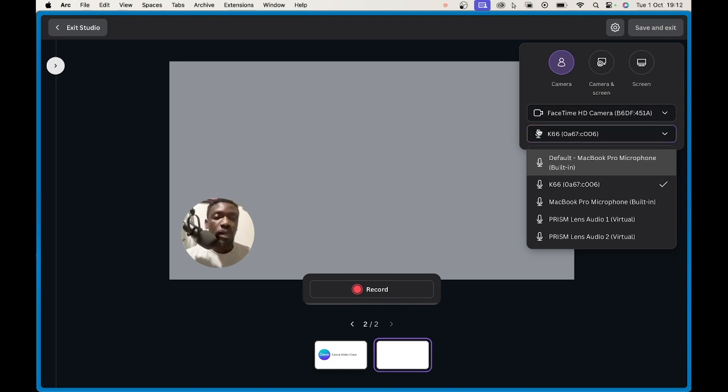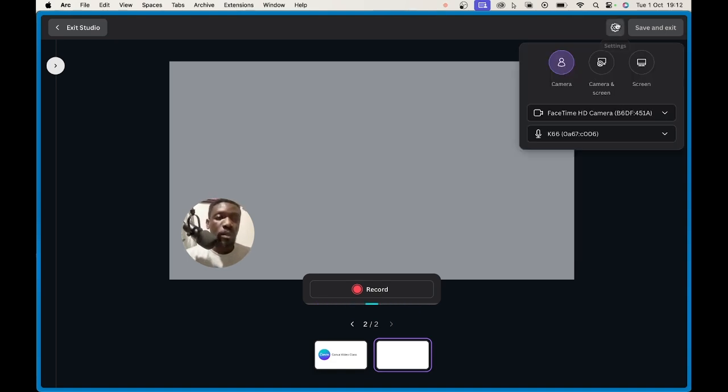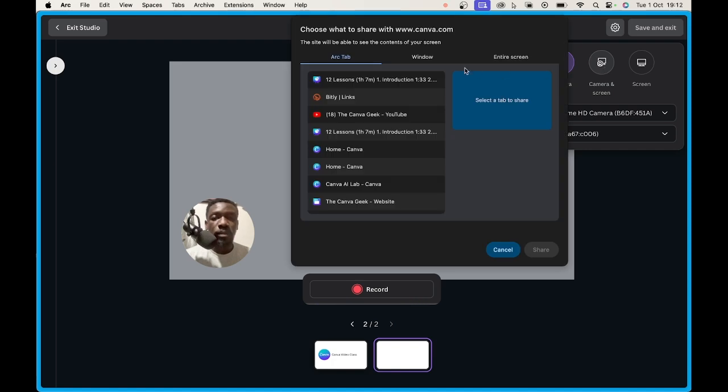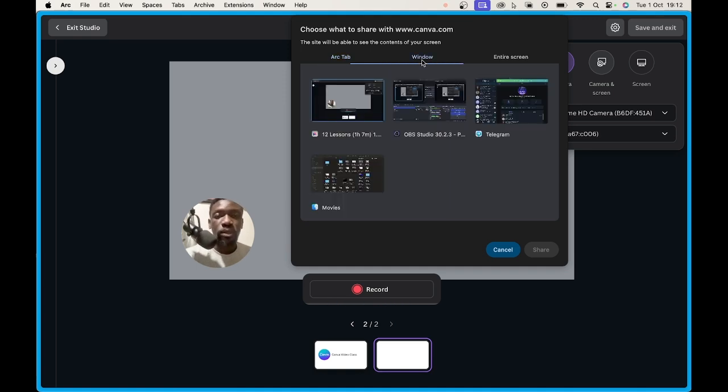So having checked all those, I'll go back and say what I want to do exactly. Do I want to just record the camera, or do I want to record the camera and the screen as I move around, or just the screen? So I'll say I want to record camera and screen. Then it brings up the window and asks me what I want to show. So to keep it simple, I'll just record the same area here in Canva, but you can always play with it on your own. So I'll go to window,